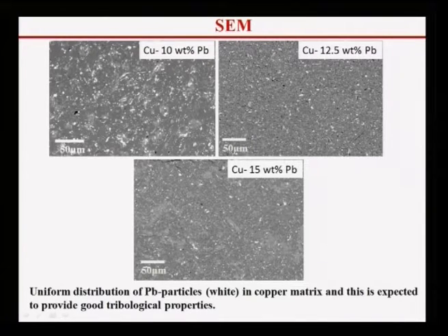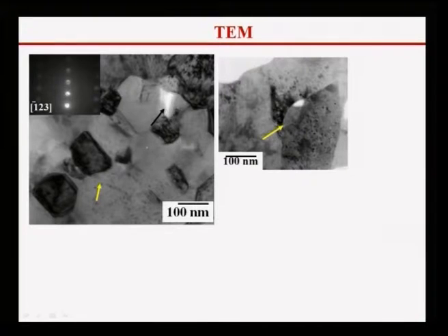There are a few pores present, obviously that is a problem of any powder metallurgy product, but to understand whether we are able to produce nanocrystalline grains or not, this is the TEM picture. You can see here these grains are actually copper, and they are of the order of 80 to 100 nanometers, or maybe a little bit higher than 100 nanometers. The diffraction pattern is taken from one such copper grain. This is a micro diffraction pattern taken from one such copper grain, showing it is copper, not oxide. And you have lead sitting like this, and one as a lenticular lead between the two grains or at the grain junction points, triple junction points. These are where the lead sits.